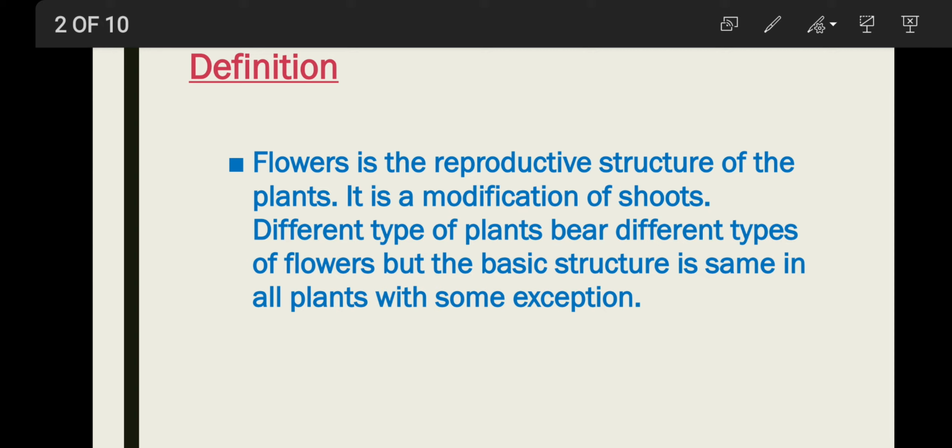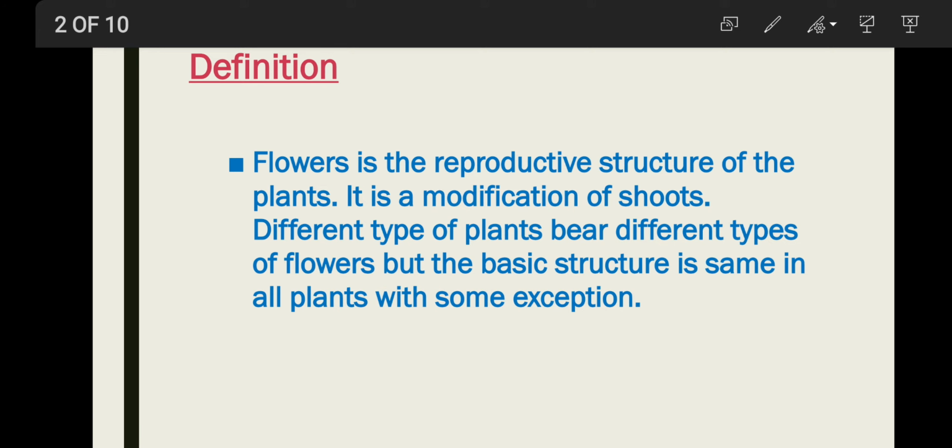Like a branch, it arises in the axil of small leaf-like structures known as bracts. The terminal part of the axis of the flower, which supports all the floral appendages like sepals, petals, stamens and carpels, is called the receptacle, which is also known as thalamus or torus. The receptacle consists of several crowded nodes which are separated by condensed internodes. That's why a flower is a specialized reproductive shoot, because most shoots have nodes and internodes.